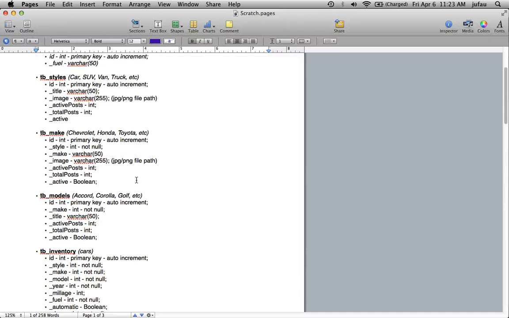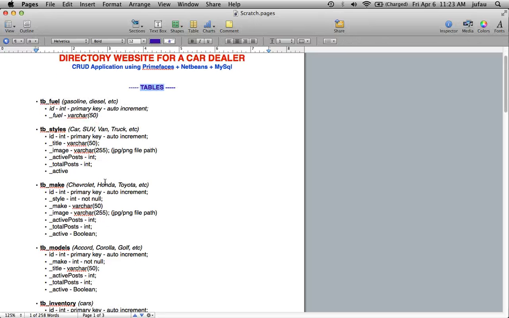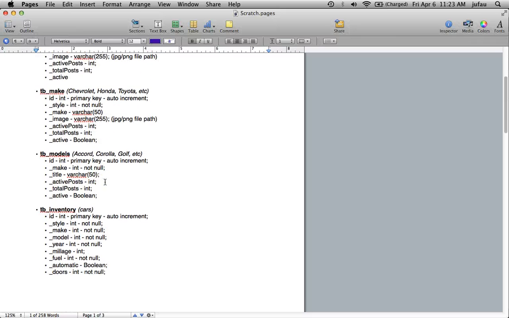So the tables we're going to be using are TB fuel for gasoline, diesel, etc. Styles to say if it is a car, SUV, van, truck, etc. TB make, models, inventory,